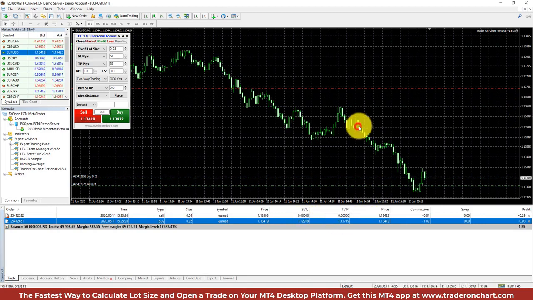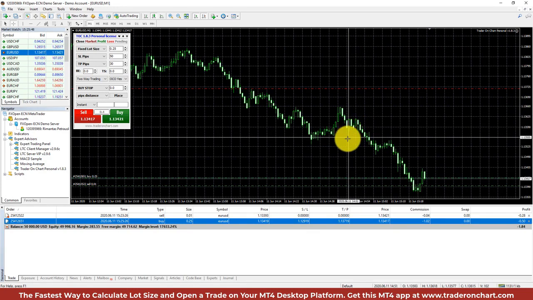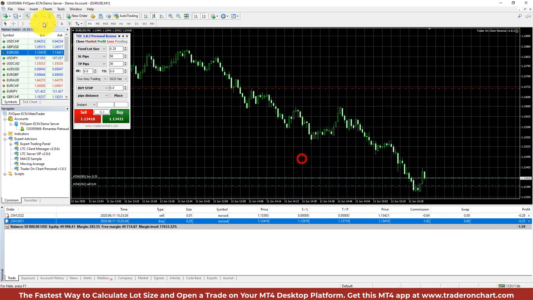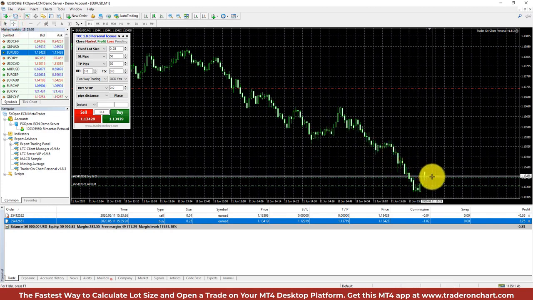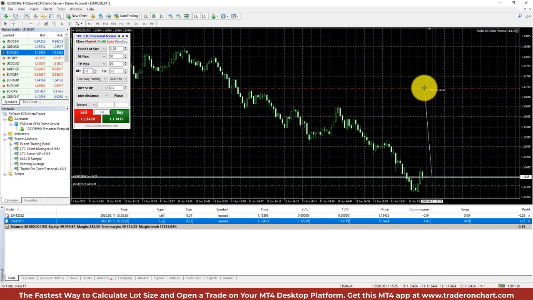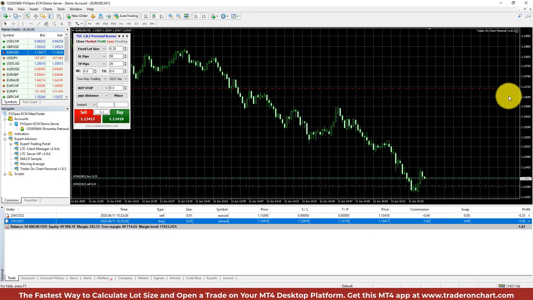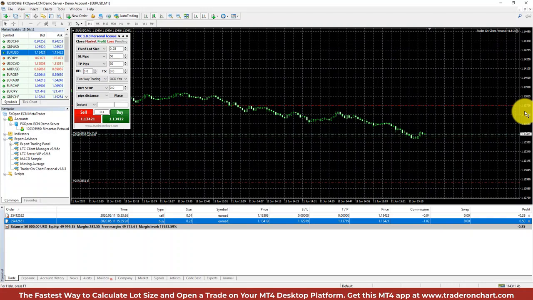If we want to measure that, we can do this with Control F. It switches to this cross, or I can switch to this cross here, and then I can just use my mouse to measure the distance. So that's the distance of 300 points, which is 30 pips, to the take profit. And if I lower the scale, I can see the stop loss, and we can measure that. It's 500 points, which is 50 pips